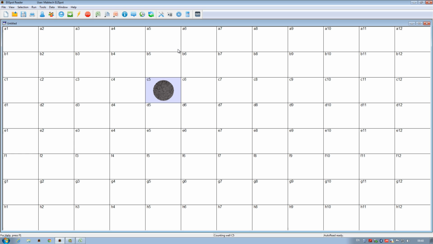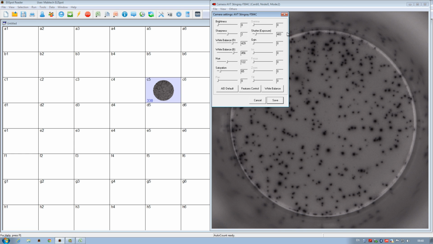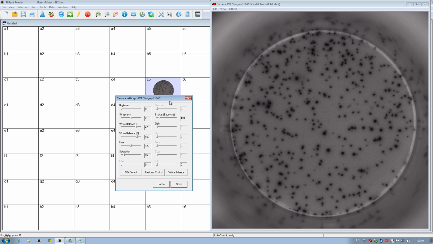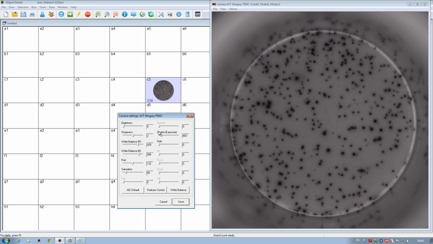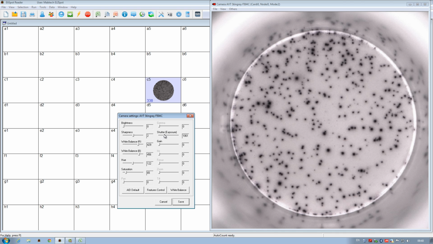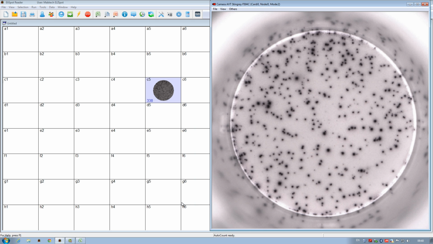By just looking at the image in the C5 box, we can instantly recognize that the clear plate is much darker in brightness compared to the white plate. This is an effect that stems from the way light is reflected inside of the inner well wall. To compensate for this difference, I access the camera settings and increase shutter from 483 to 1012. Other than that, nothing else needs to be changed.